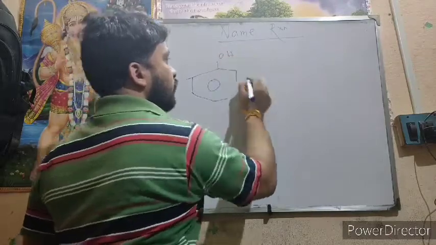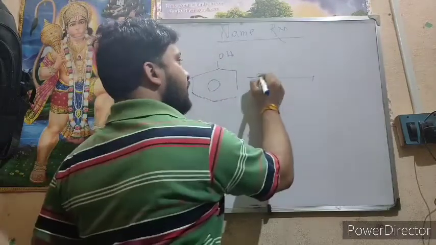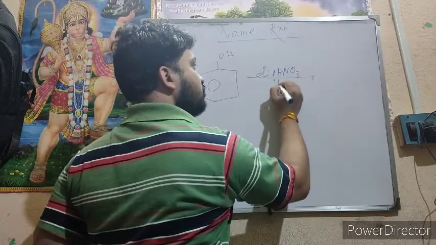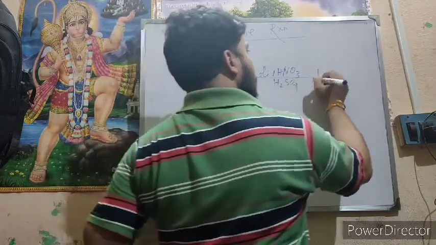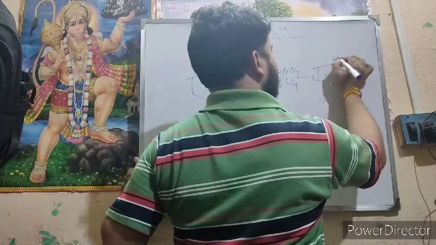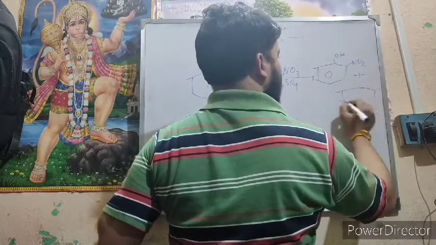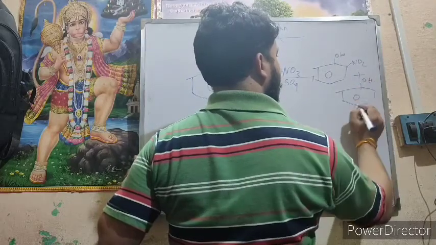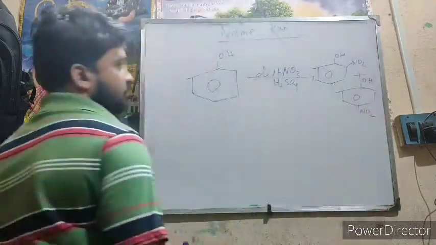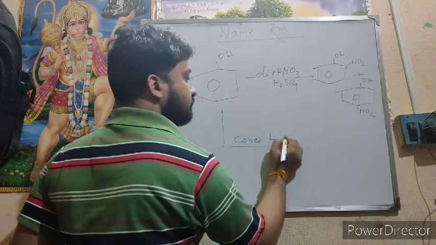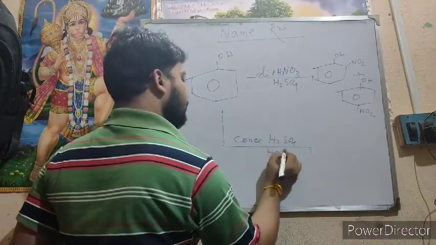If you use dilute HNO3 and H2SO4, you get this product, with NO2 on the ortho position as well as the para position. But if you take concentrated H2SO4 and HNO3,